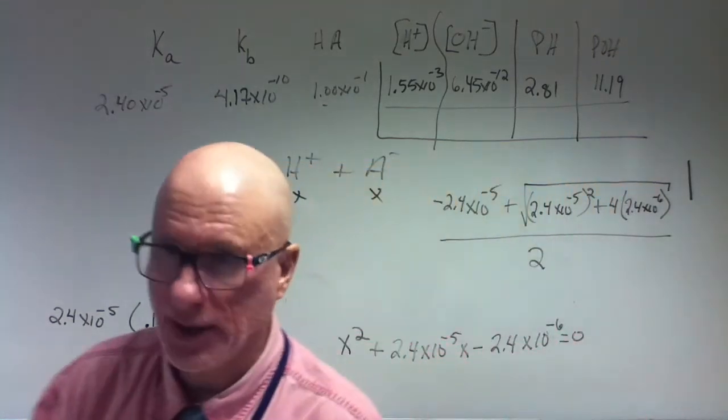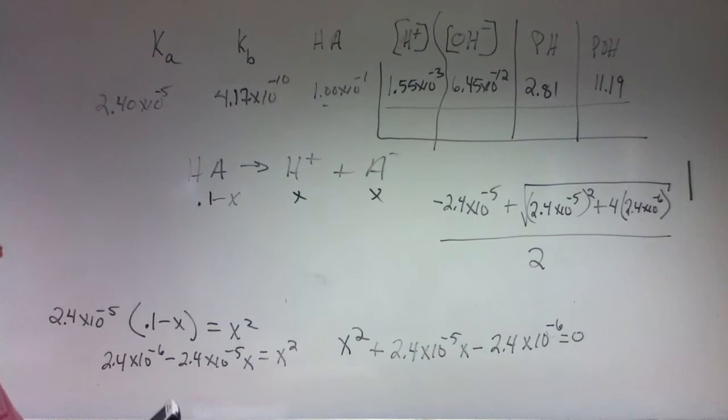All right, so let's do this out. Negative 2.4. So put it all in together. All right, we'll mash this in. So negative 2.4 times 10 to the negative 5, plus square root of 2.4 times 10 to the negative 5, squared,